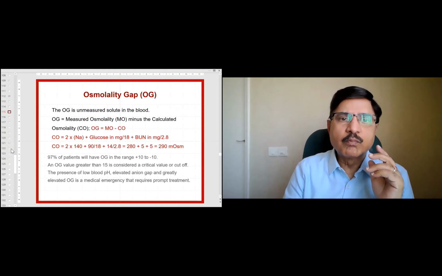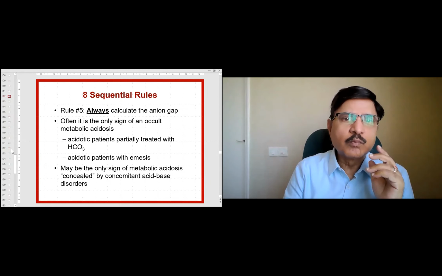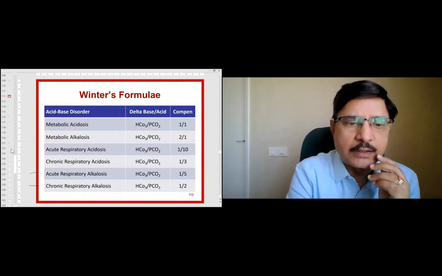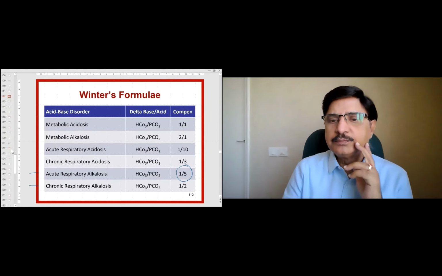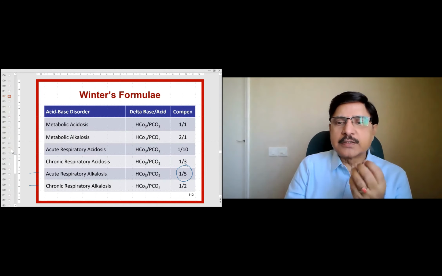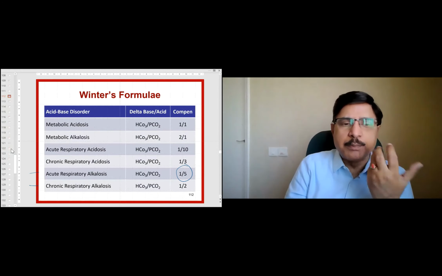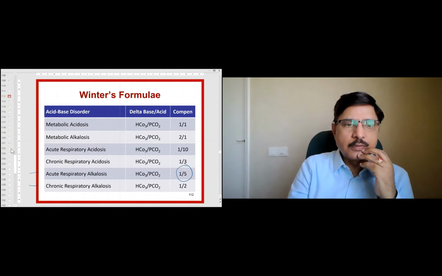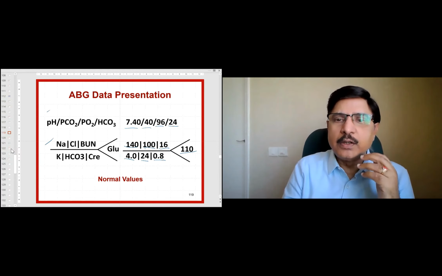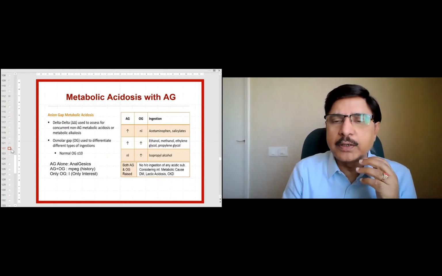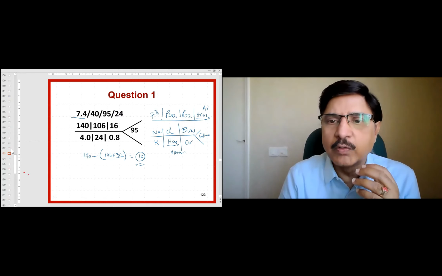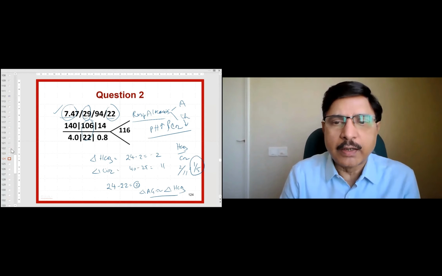Acute, sir. See? Here in the respiratory alkalosis, it could be either this or this. But we have now pinned it to this one. Then the 1 by 5 is the compensation that is occurring. So that means it is a lesser compensation. 1 by 5 is a lower compensation. That means acute respiratory alkalosis. So the diagnosis is now acute respiratory alkalosis in this case. Then you have to go for what are the causes of acute respiratory alkalosis and then go to the history and physical examination and find out and make a differential diagnosis. Calculation wise, this is all you do.